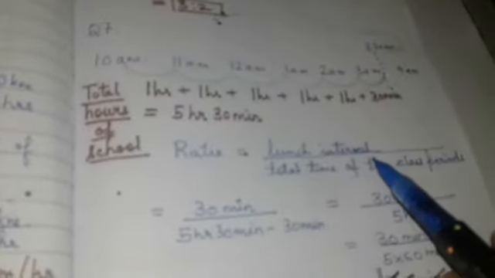So next question, question number 7. Let me read. In winters, a school opens at 10 a.m. and closes at 3:30 p.m. If the lunch interval is of 30 minutes, find the ratio of lunch interval to time of these class periods. Okay, I've read very fast as usual because you have textbooks and you can read it and go through the question.